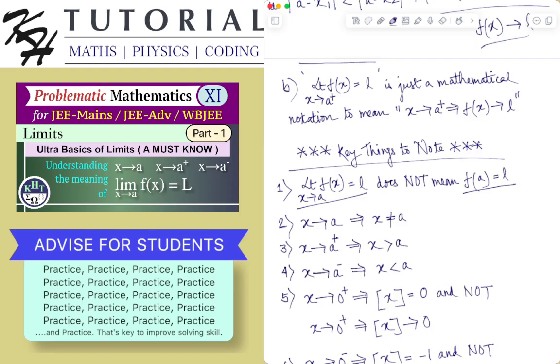We are not at all concerned or bothered about the value of the function f(x) at x equals a in finding the limit of f(x) when x tends to a. So the limit of f(x) when x tends to a being equal to L definitely does not mean that f(a) is equal to L. No. First of all, it means that when you are considering a value of x which is either a little more than a or a little less than a, then the value of